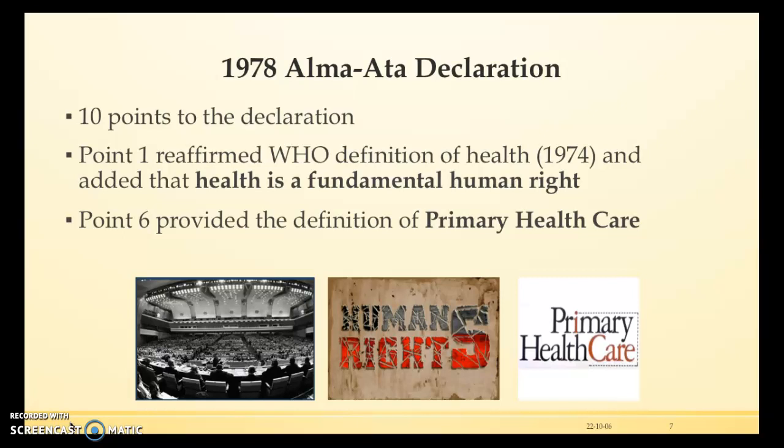All right, so remember the Alma Ata Declaration came out in 1978, and it was an international conference in Alma Ata, formerly in the USSR. There were representatives from 189 countries. They gathered and they committed themselves and their resources to the achievement of health for all by the year 2000 through primary health care. So primary health care was first described in this landmark document, and the motto was Health